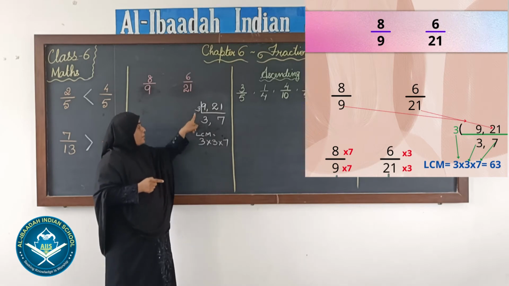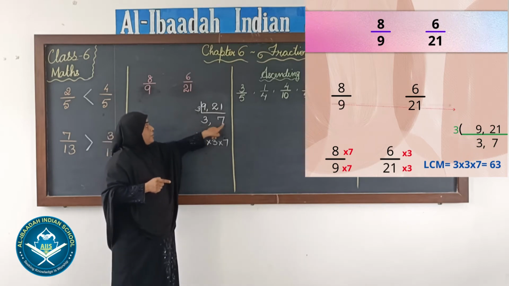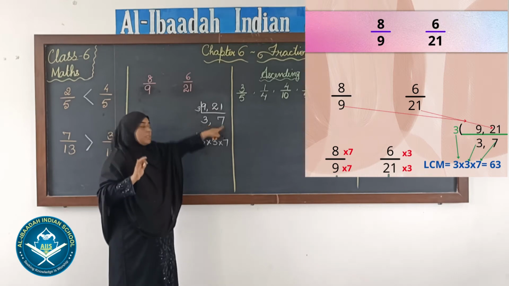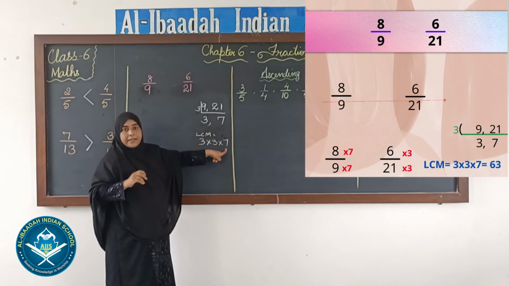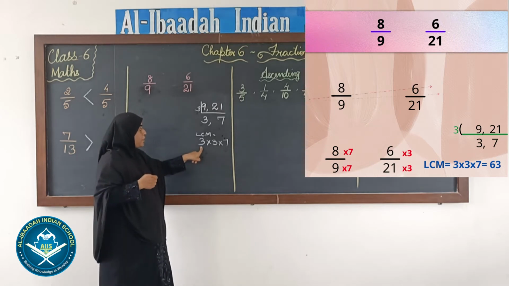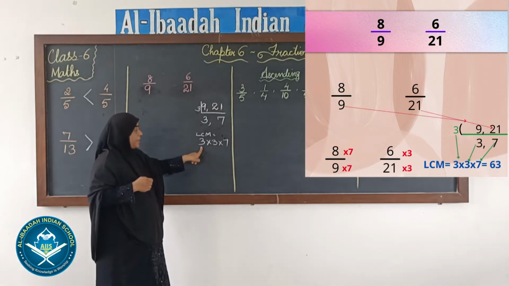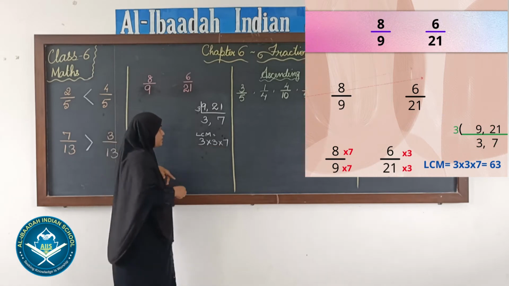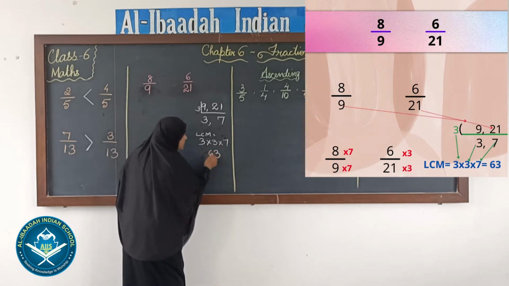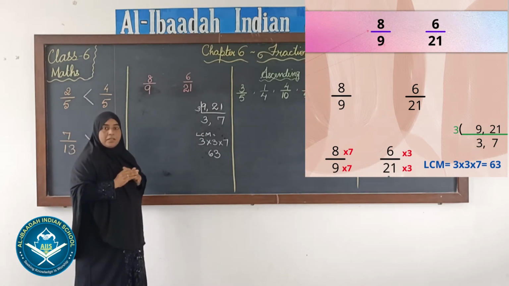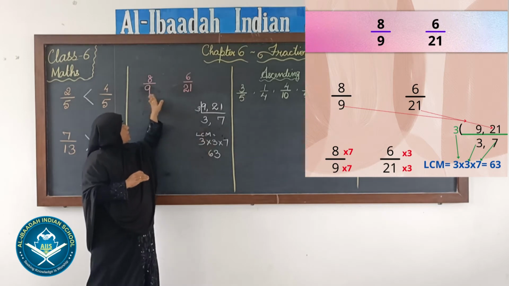So our common factor was 3 and we had 2 more numbers over here which were not having any common factor. Those numbers also we will multiply. In LCM, you have to take the other numbers also. Clear? So we will multiply all the 3 numbers and see what LCM we get. 3 3s are 9, 9 7s are 63. 63 is the LCM. Fine. Now LCM we have got for the denominator.